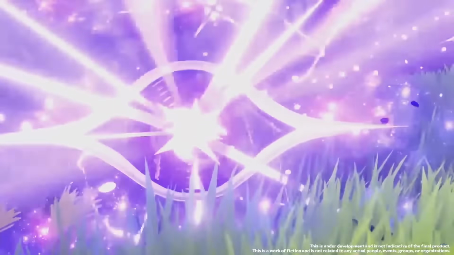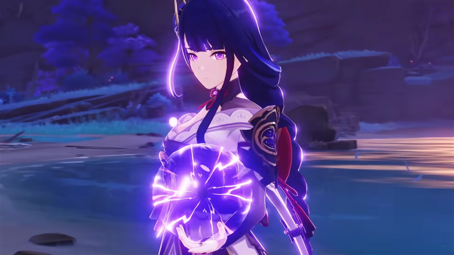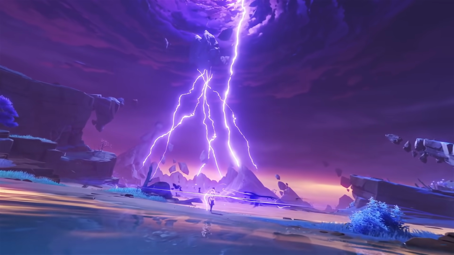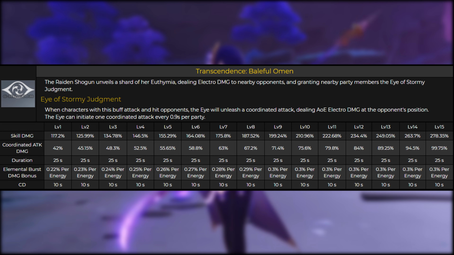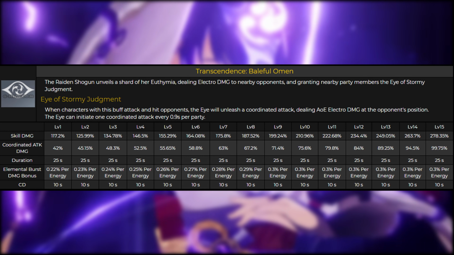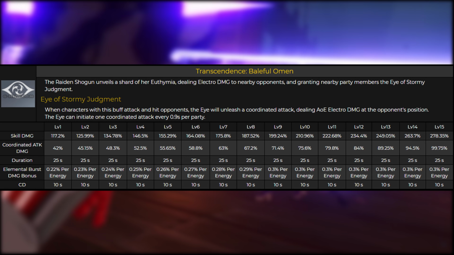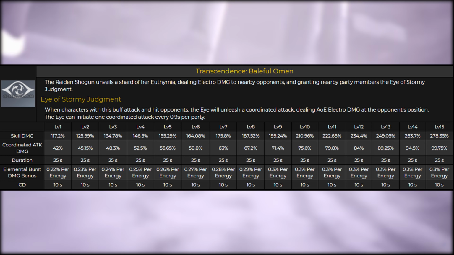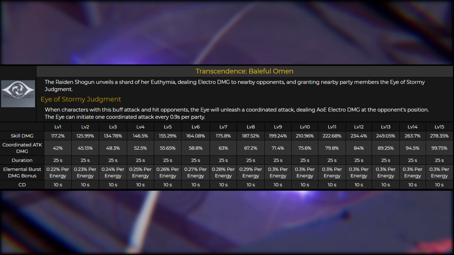Next up is the Raiden's E skill, and it's a very simple attack. It's very similar to Albedo's E skill in that it's going to deal a coordinated attack with your active party member every 0.9 seconds. It has an incredibly long duration of 25 seconds, so if you're dealing a motion value of 75% every second, you multiply this number by 25, and the total scaling comes out to be around